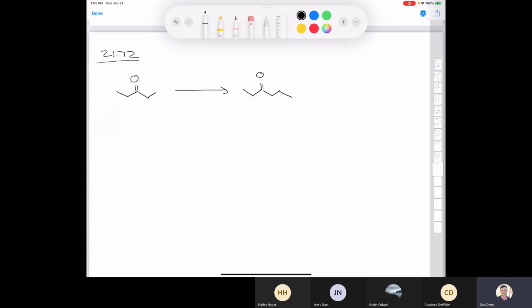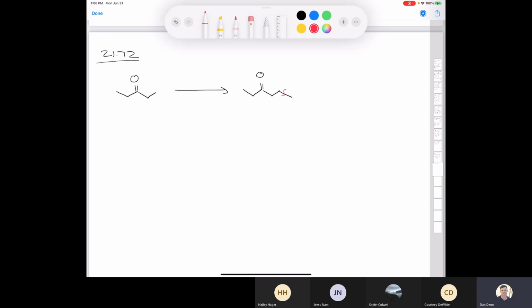All right, Chemistry 3111. We're going to start off with question 21.72, which is a really great question. We're starting with 3-pentanone, and then we want to make 3-hexanone. So essentially, all you need to do is add an extra carbon here to the molecule, like this carbon that I've added here. So, in terms of your retrosynthesis, maybe you could think of something like this, and if